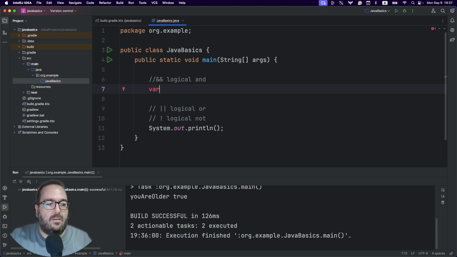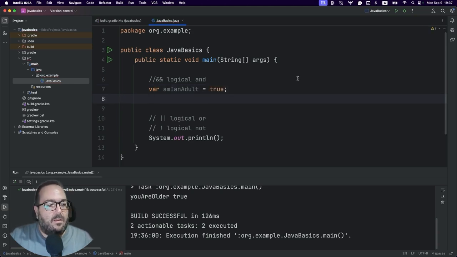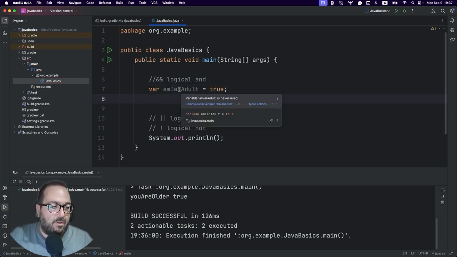What this AND does is comparing the two sides if they're true, both of them, right? So let's create a few variables. First variable, am I an adult? Yes, we can set that to true. If you remember, this is a Boolean variable.